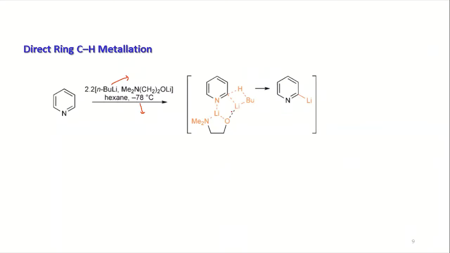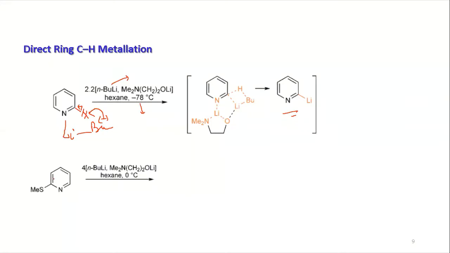Now, what will happen? The butyl is going to abstract the proton from the alpha position. Okay, it will abstract the proton from here. So in the simplest way, you can think the lithium is going to come closer here, and you have the butyl here. Okay. Now butyl has the option of acting as the nucleophile and acting as the base, but at low temperature, it will act as base, so it will abstract the proton, and you have negative charge here. Okay. Now the lithium is going to jump there. Okay. So you will have the lithiation. Now once you have the lithiation, you can do many electrophilic reactions. Okay.